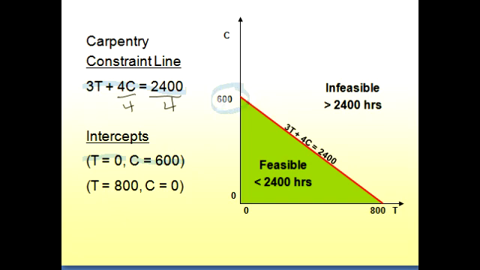And likewise, if you set c equal to 0, then t is 800 if you solve the equation for t, and you get this point here. Once you have this point, you draw the line, which you see right here,